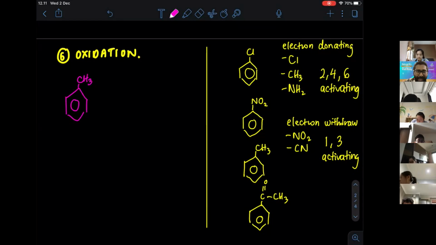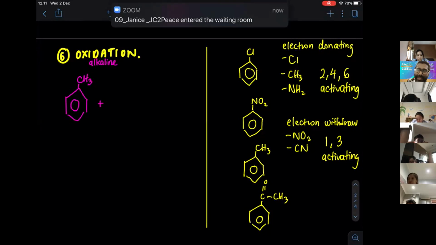If you are using alkaline, which is slightly different from the normal oxidizing agent that we use, alkaline potassium manganate,